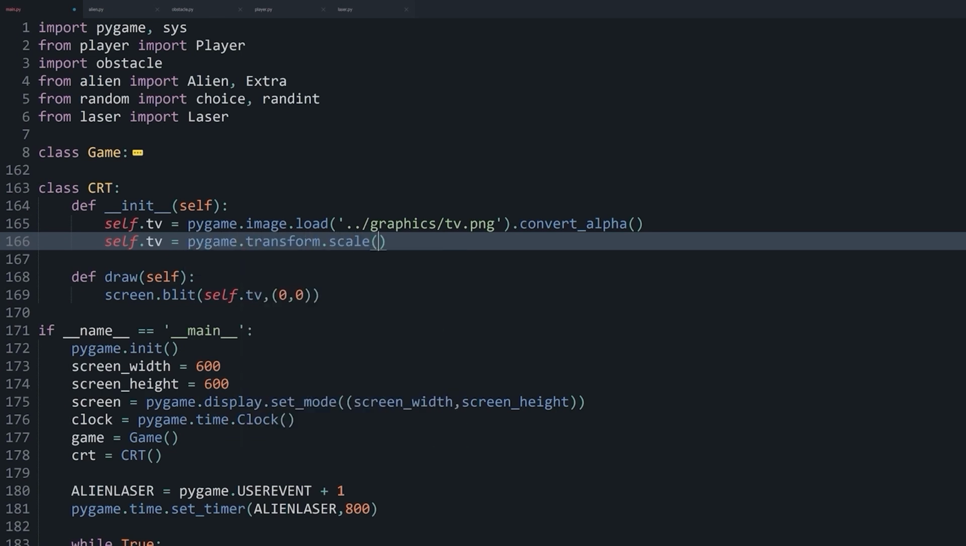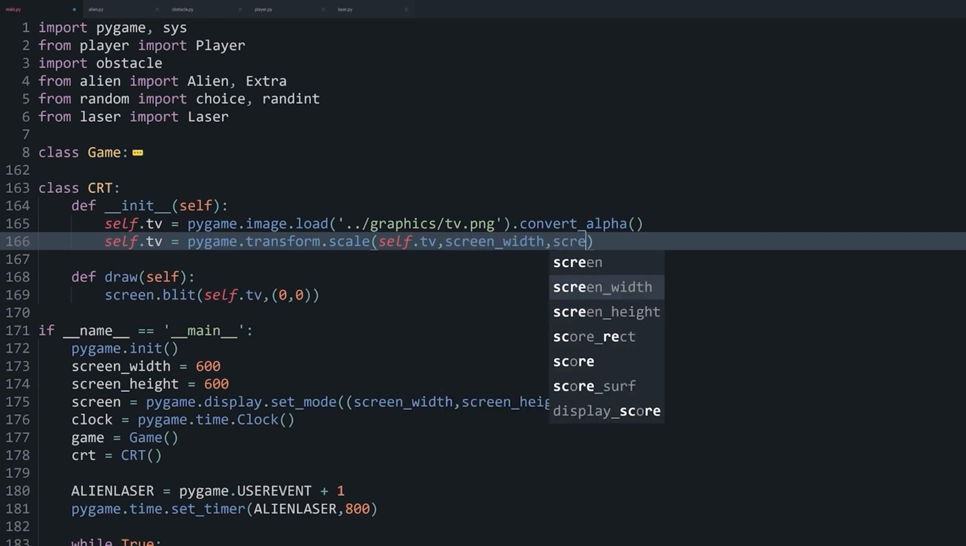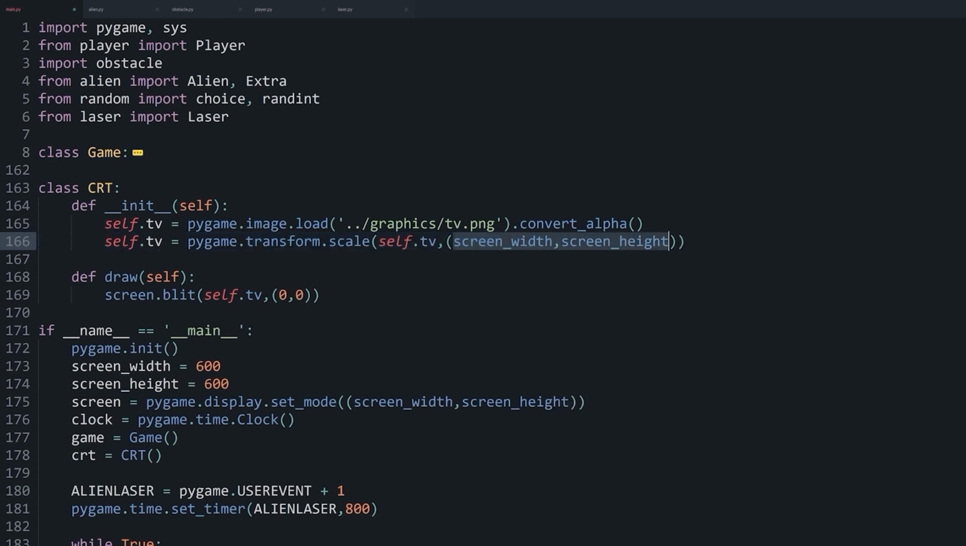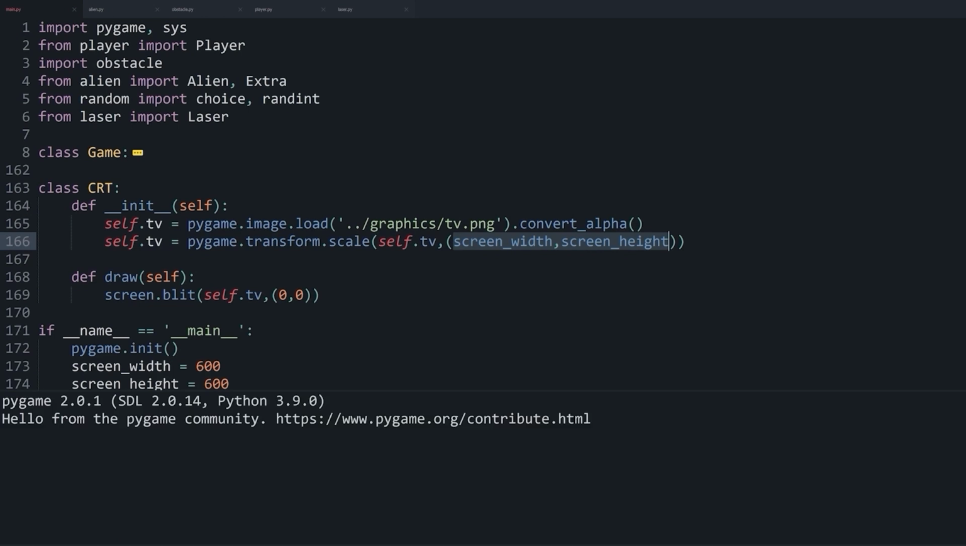And in here, we need a couple of arguments. The first one is the surface itself, so self.tv. And then we're going to need the width and the height we want this to be. So in our case, this is screen width and screen height. And both of these have to be inside of a tuple. So if I run this by itself,